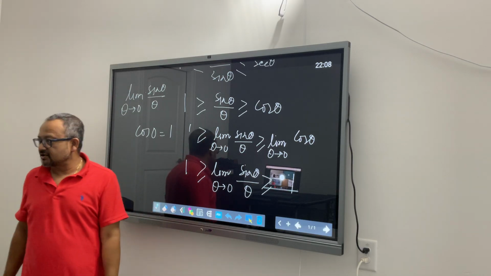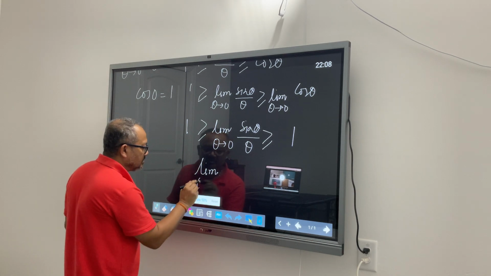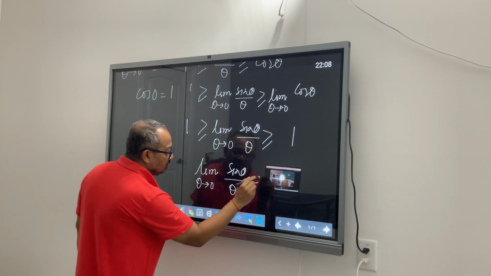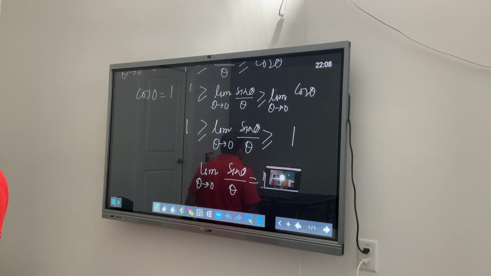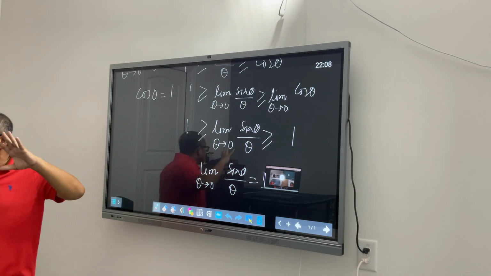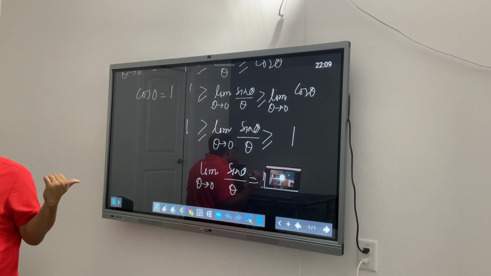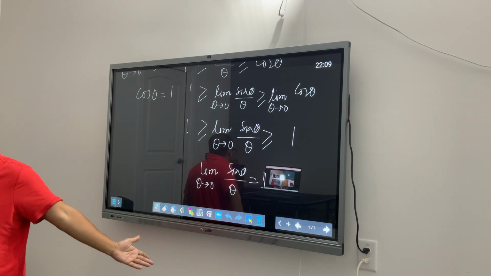This guy has no choice, but this will be equal to 1 only, because both the sides that are squeezing you, both the functions that are defining a boundary, both have the value for theta approaching 0 as 1. So you don't have a choice. So even if this looked like one of the most unrealistic function limits, we could use the Squeeze theorem or the Sandwich theorem to find the limit,